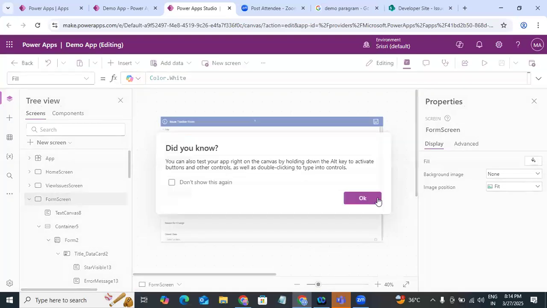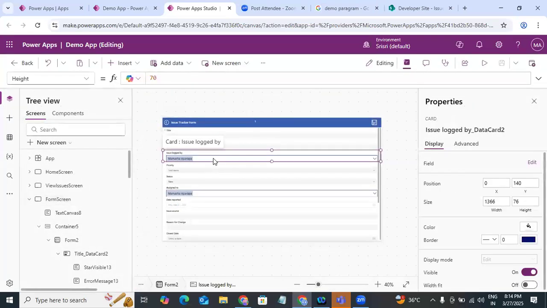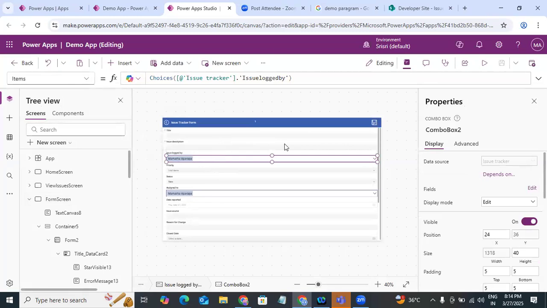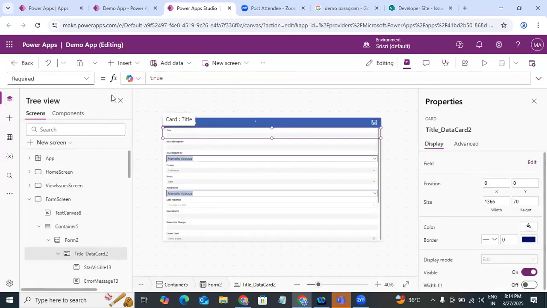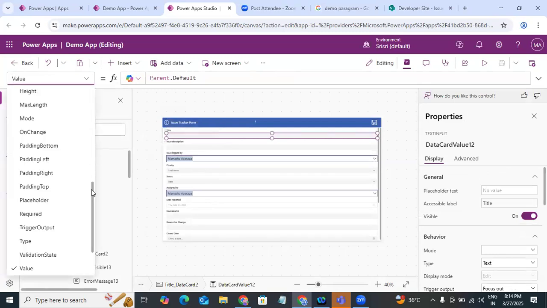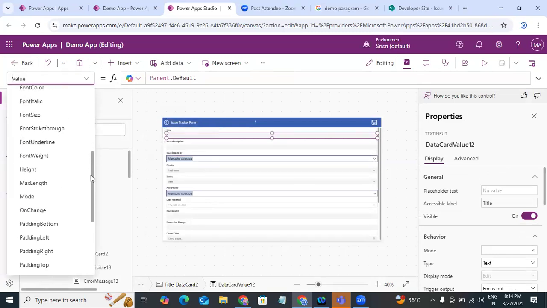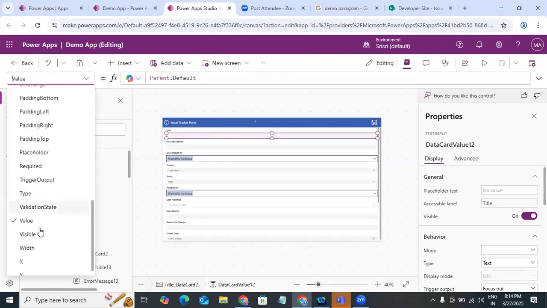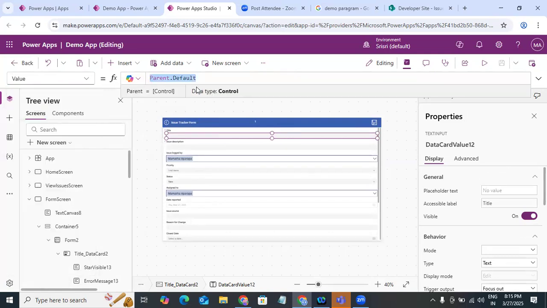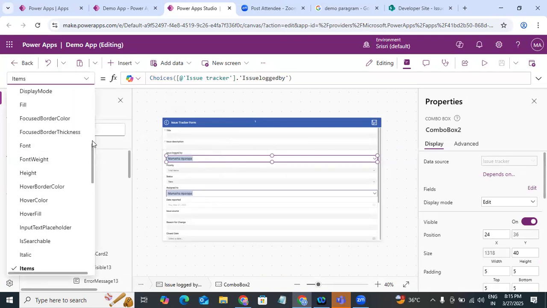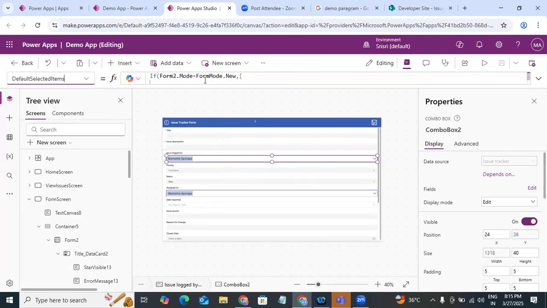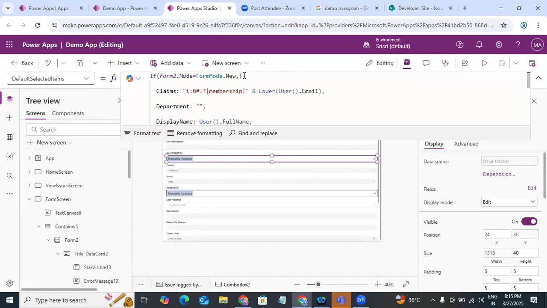So for the combo box, if we have a default selected value, every control calls it by a different name. For text it will be just Default. What should we mention in the value property? If you go to a combo box, we should mention Default Selected Items. Here, if it is a new mode, I want the default selected value to be